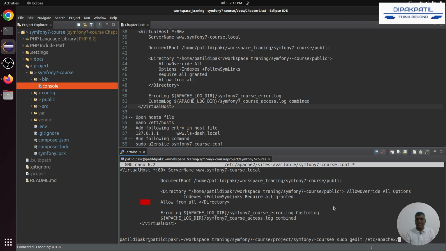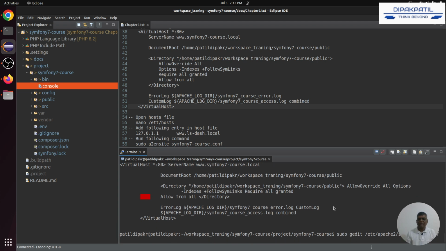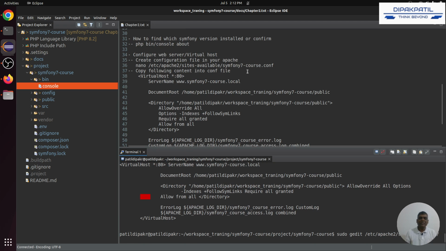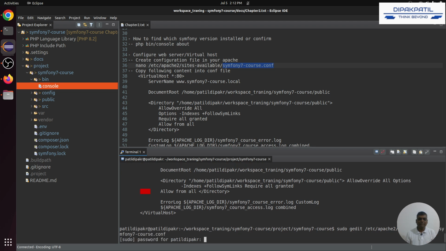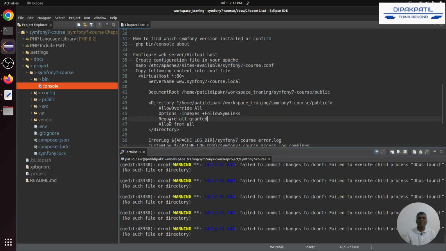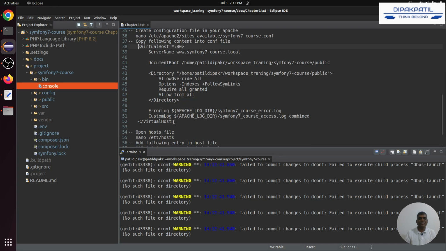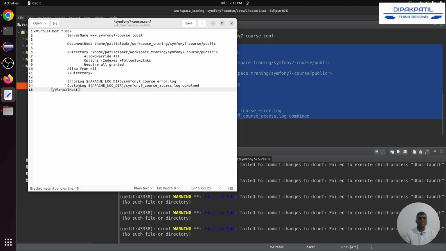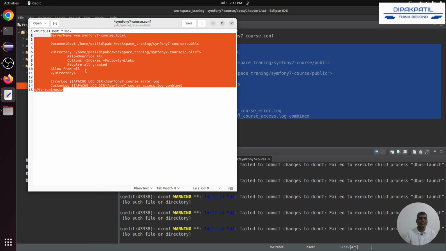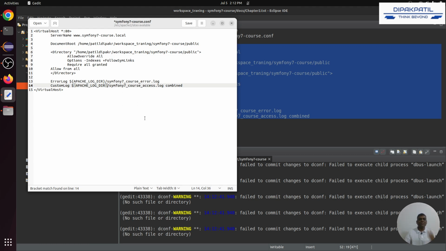I'm going to use gedit because that's a better version, so I can update that using the UI. So let's use that. See, we can easily copy, paste and format this file. Okay, so this is how